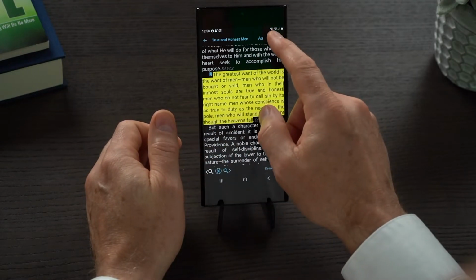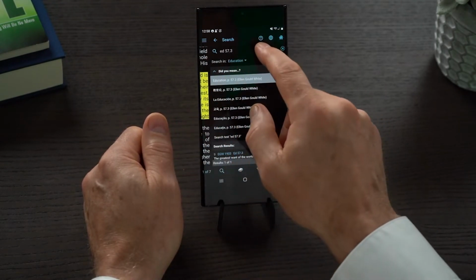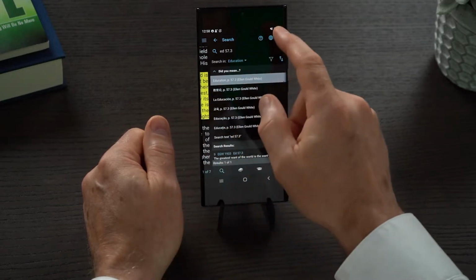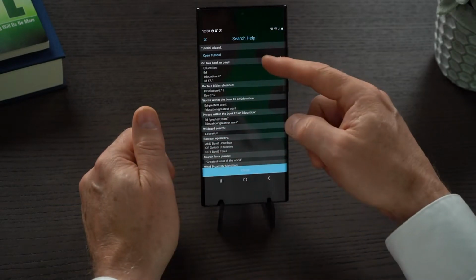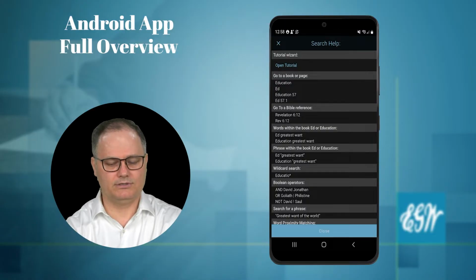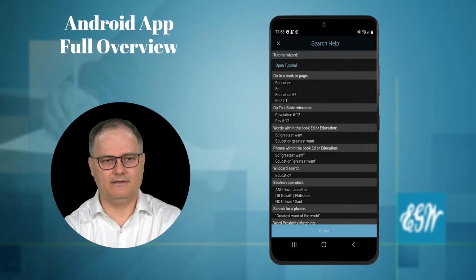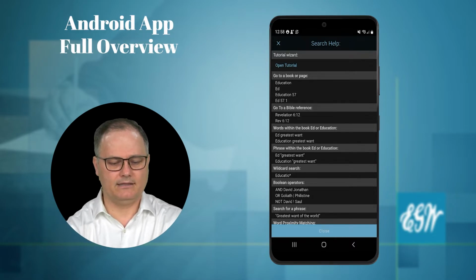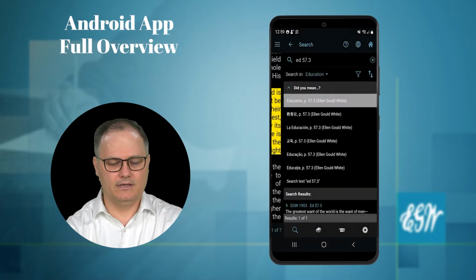That's not a problem, because when I click on the little search magnifying glass, see at the top here, the little tiny question mark there? If I tap on the question mark, see how it lists out all of the help search syntax. It's listed right there for you to be able to use. How did I get there again? All you do is you tap